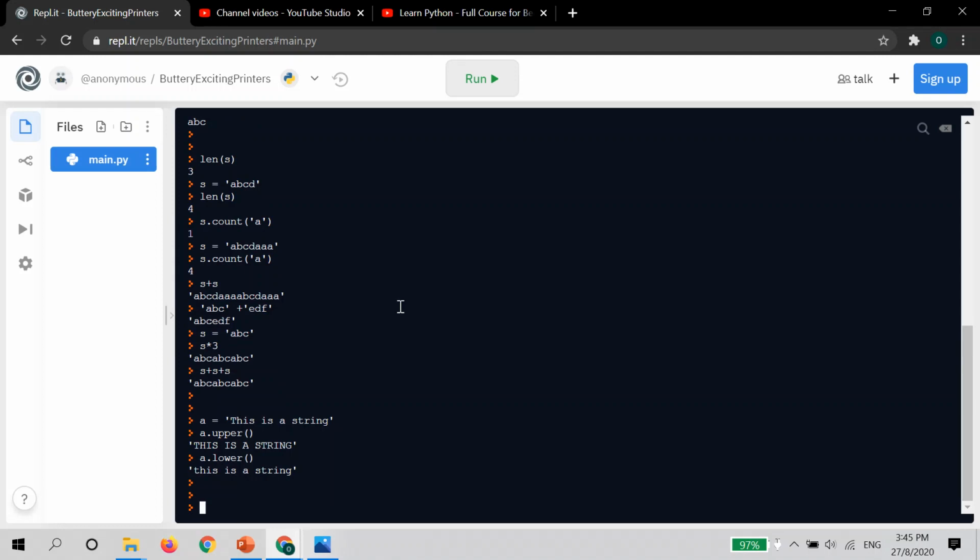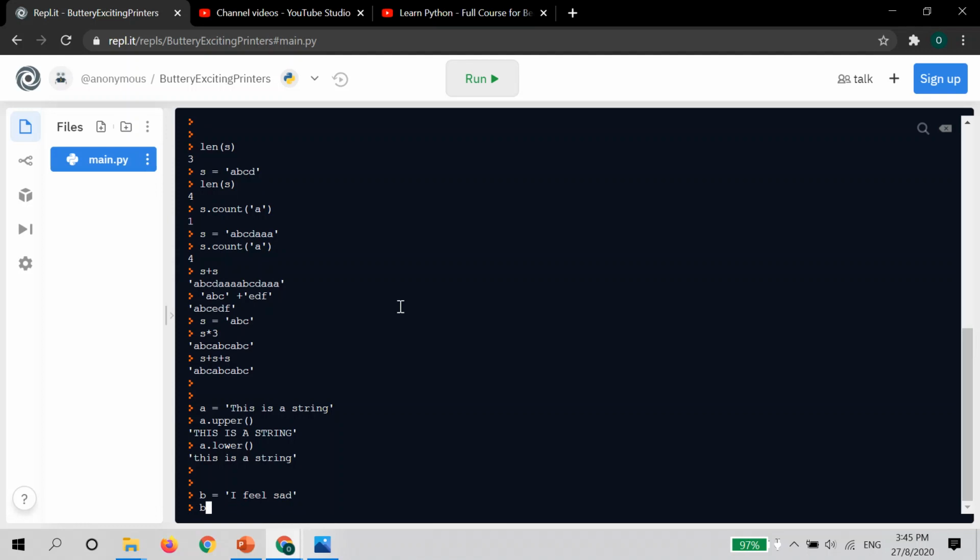Next important function is replace. Basically, replace allows you to change part of the string with something else. Let's see an example. Let's say I have a string B equals "I feel sad". Now I can do B dot replace.